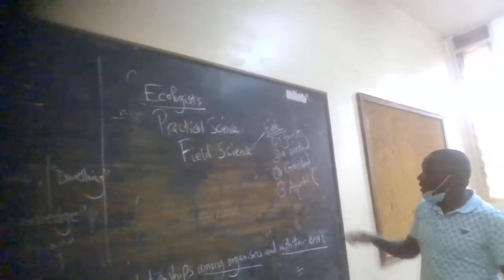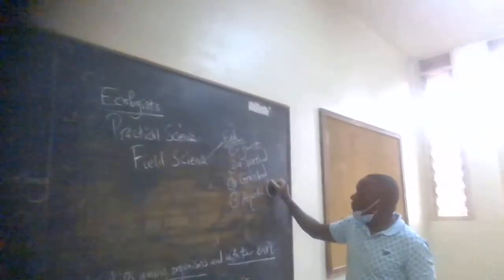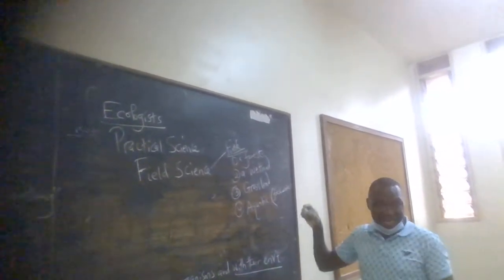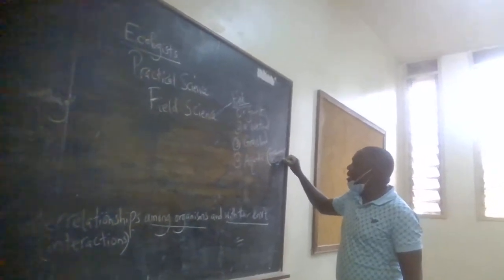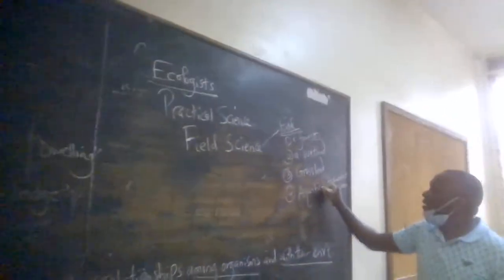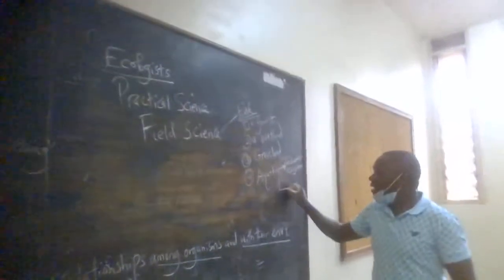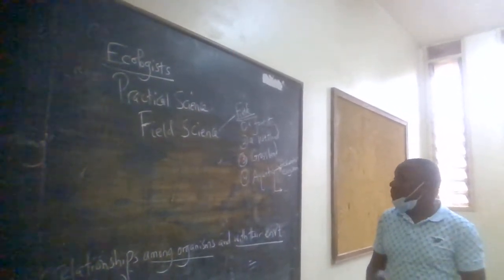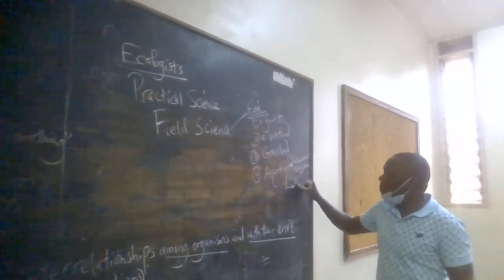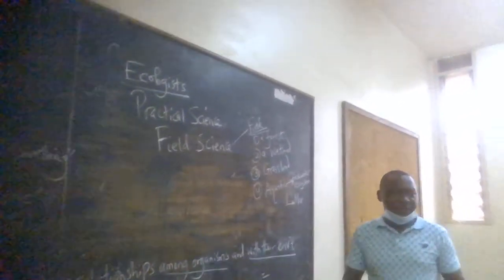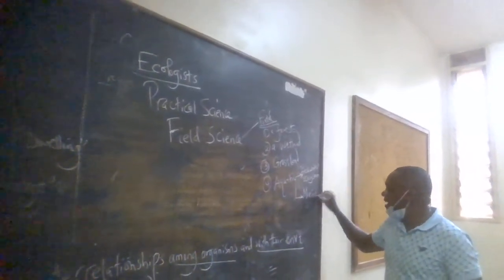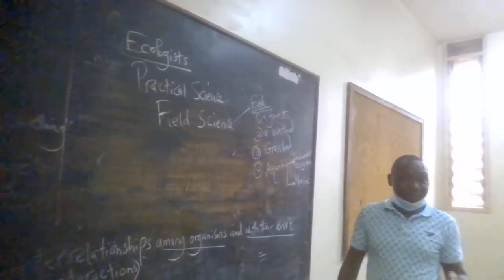And aquatic here, we have what we call freshwater ecosystems and marine ecosystems. Now, here in Africa, we have what we call freshwater ecosystems. But when you go to Europe, not only Europe, but even here in South Africa, when I was in South Africa, in Cape Town, they gave me